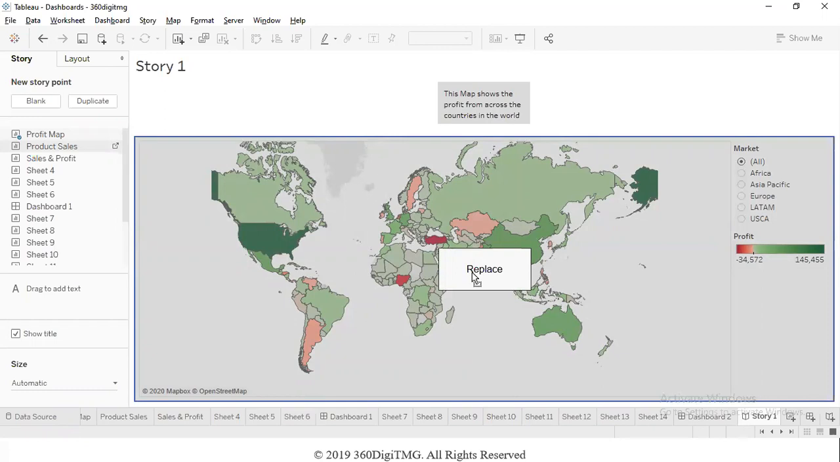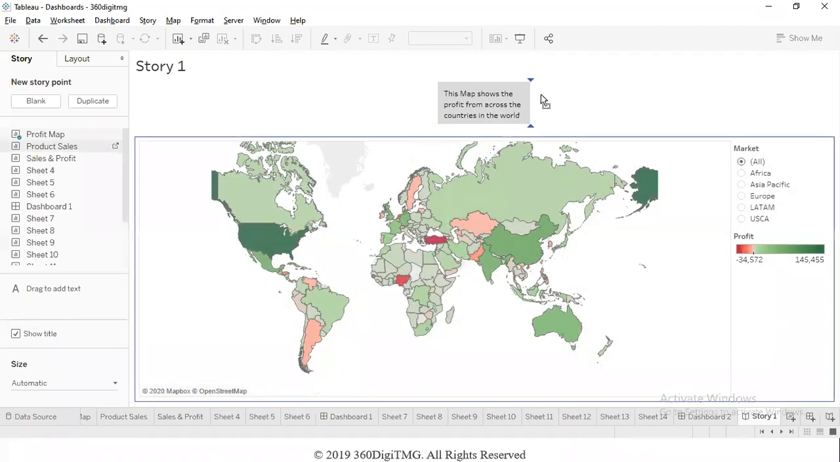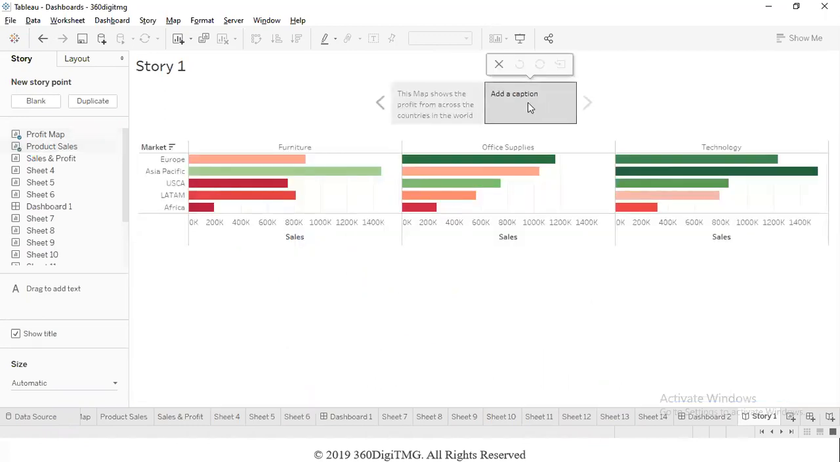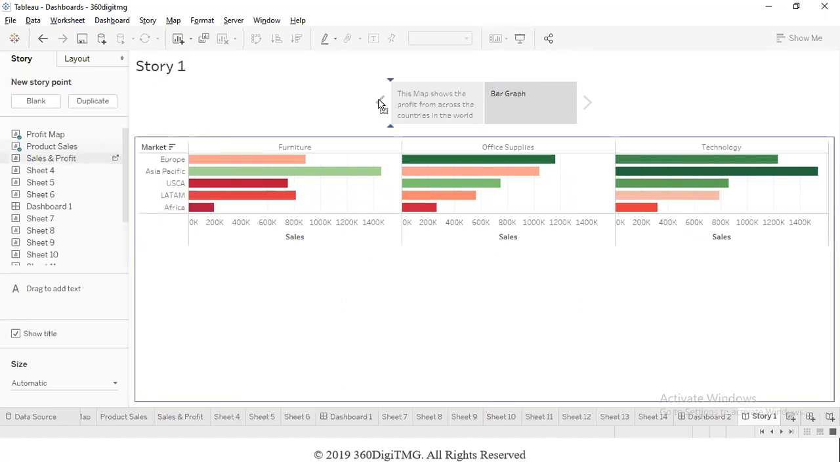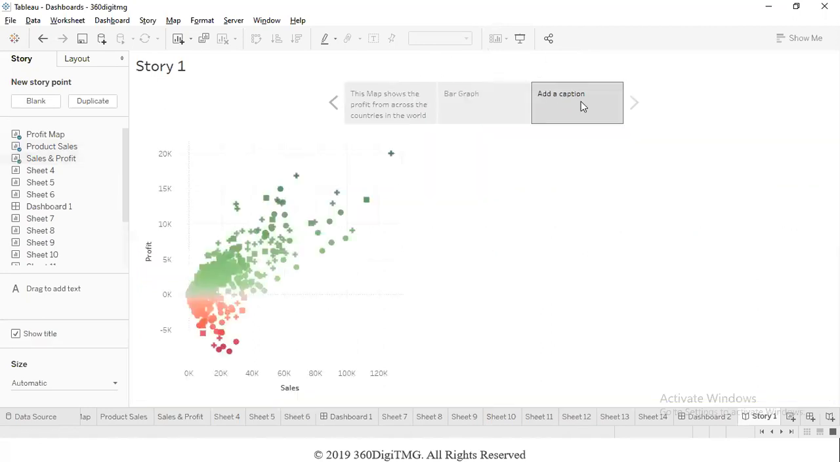So when the next point is being brought into the story, we have to take it next to the caption box. If I leave it here, it will become the first point in my story, and if I leave it here, it is going to become the second point in the story. So this is a bar graph. The next point, if I drop it here, it will be the first point, here the second, and here the third. So I'm going to create a